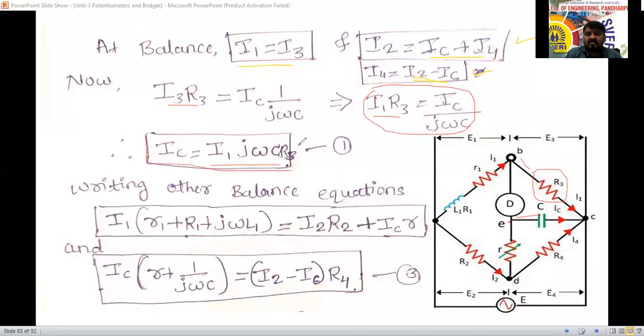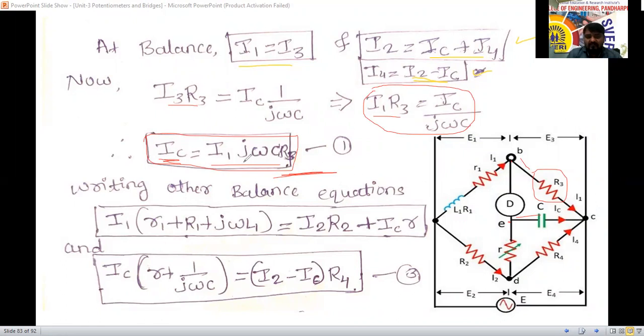Why I am considering it is that all the places we have to substitute the value of IC. However long the expression gets, in this IC formula we have to substitute here. Up to here it is clear? I am asking you people only. Up to this formula, yes, okay.